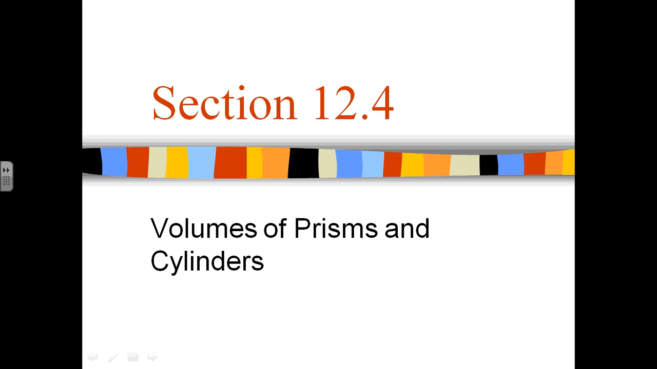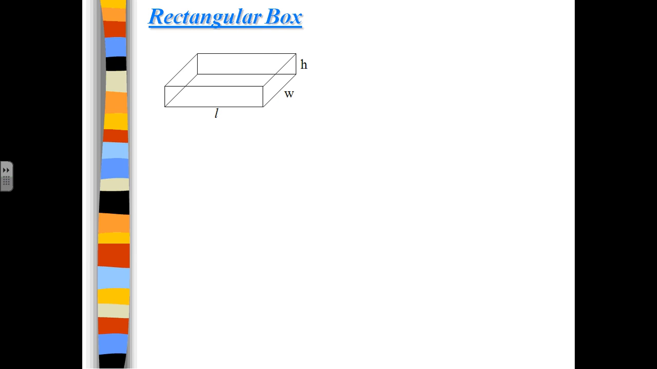Okay, so we finally made it to the section talking about volume, and we're going to lump in prisms and cylinders together since we saw that they are in fact very similar to each other. The only difference is the base being a circle versus some polygon. Okay, so we're going to kind of separate out the rectangular box from all the other shapes because I think